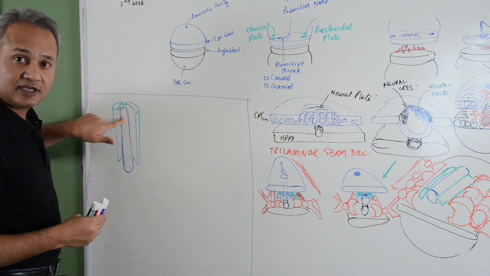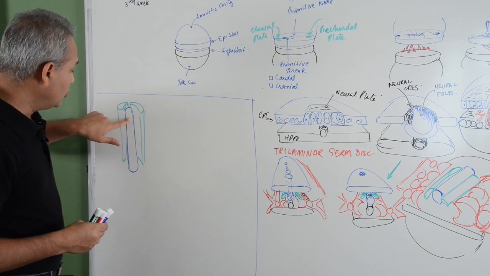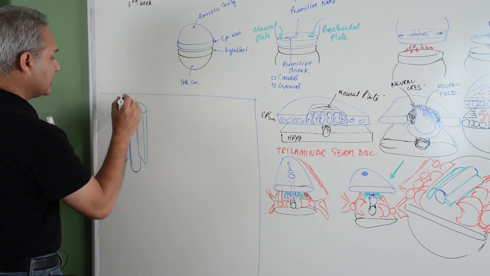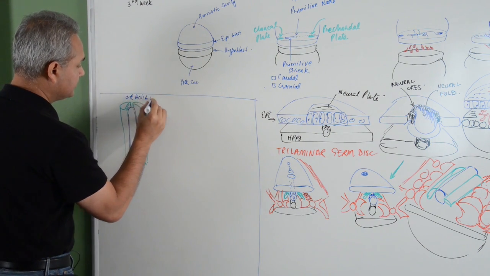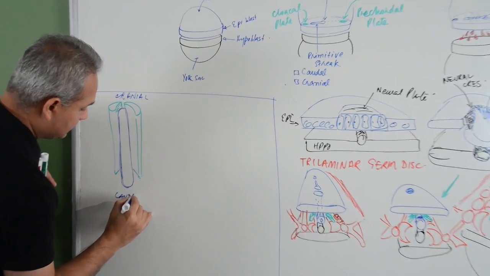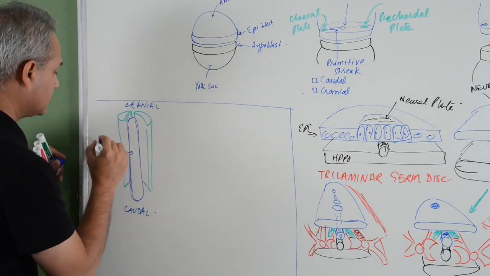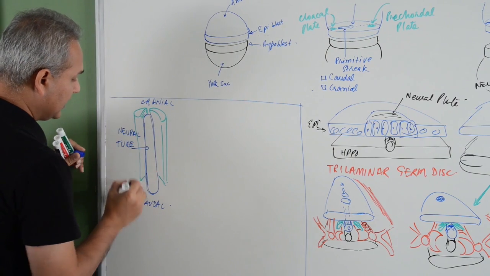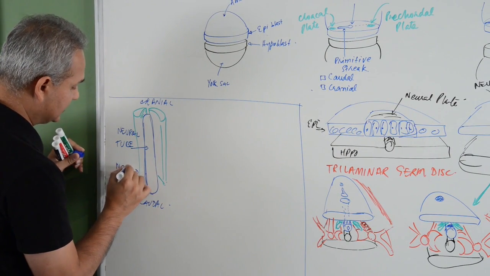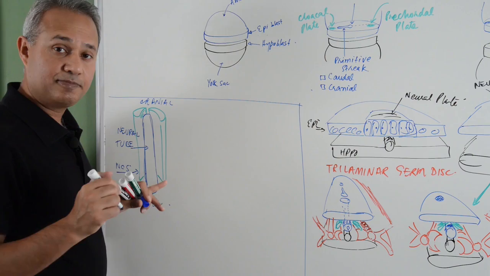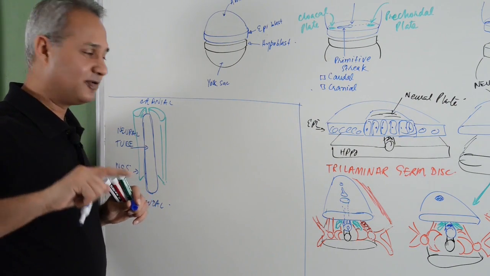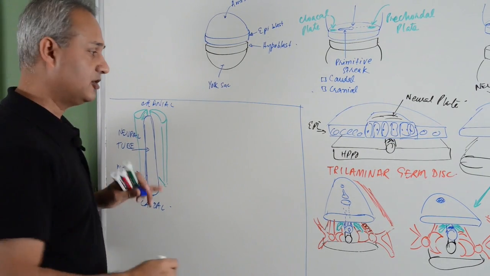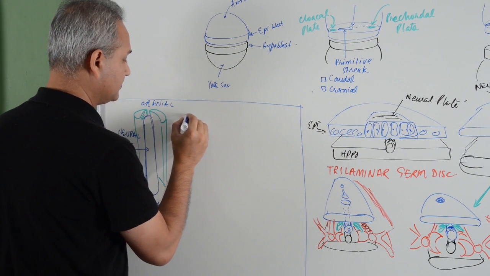What we are interested in is to see what happens with the neural tube on the cranial side. This is the cranial side, this is the caudal side. So cranial, caudal, neural tube, and neural crest cells. So now let's see what happens. These are your important exam questions. Three dilatations would appear on the cranial side of the neural tube. So the three dilatations are